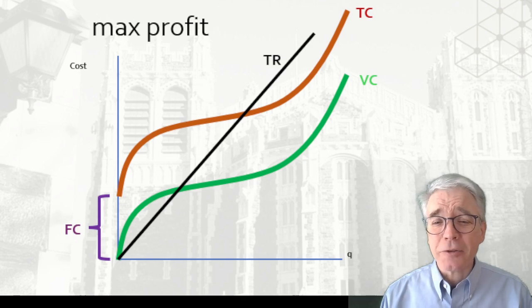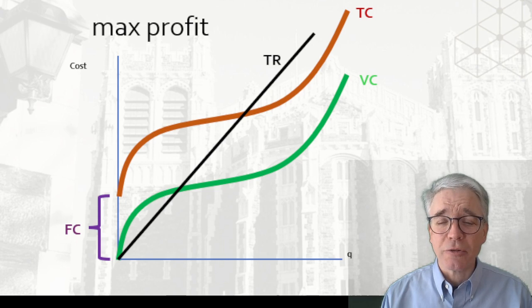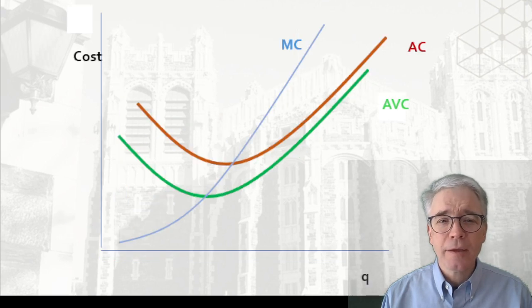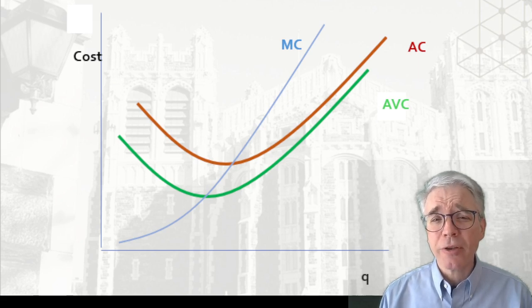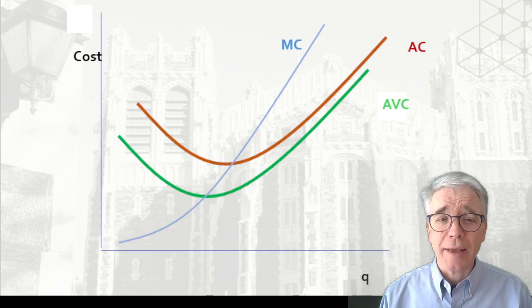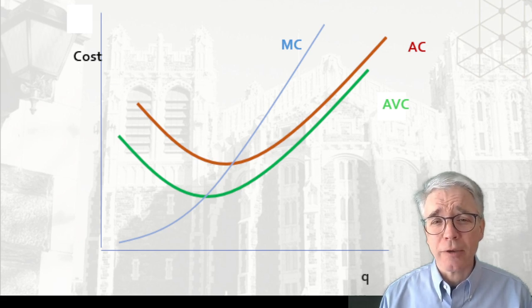Now, if you know calculus, then that's obvious, but it can still be useful to understand the intuition going on here. We can see all these relationships a bit more clearly if we move from the total cost to just graphing the per unit average or marginal cost, or the price.